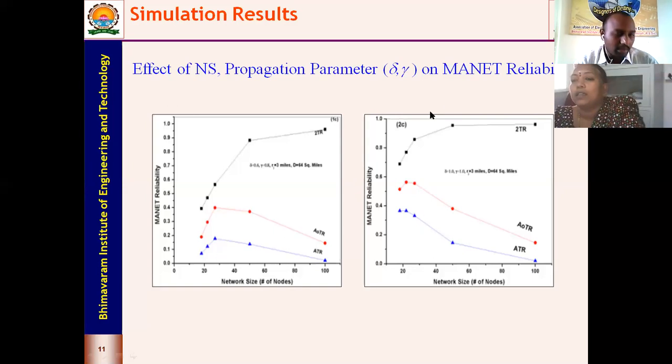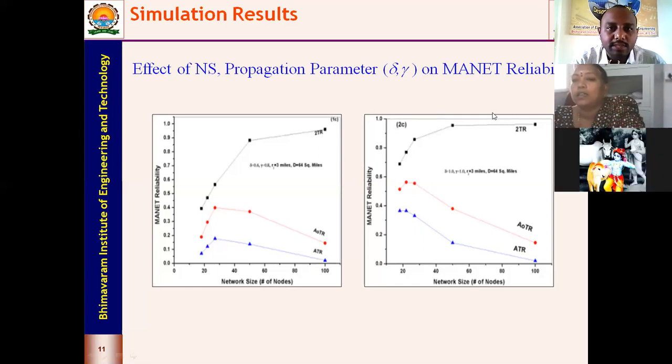Yeah, participants, you can unmute yourself and ask your queries if you have any. Ma'am, some more questions are posted. Here, what is the difference between all propagation models? In the chat box, madam, they have posted some questions. Yeah, I'm looking into the chat box, sir. What is the difference between all propagation models?